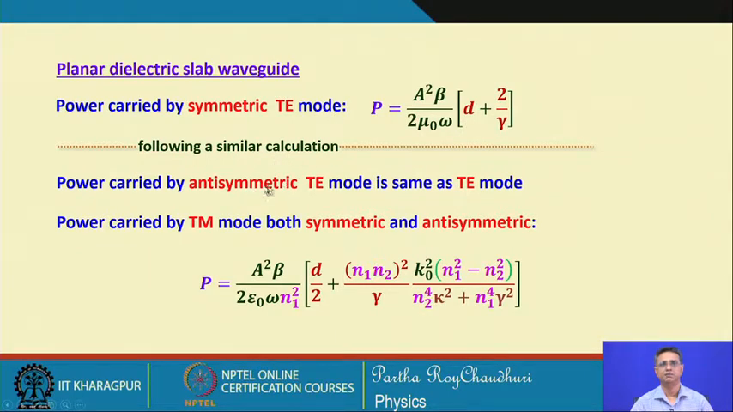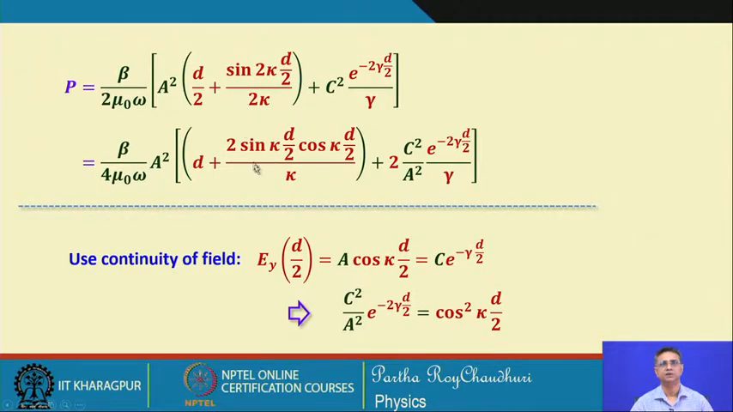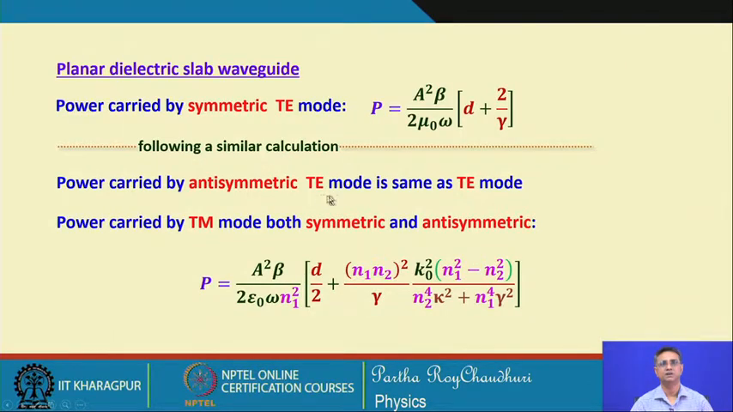by the antisymmetric mode, because in that case, in place of the cosine function, we can use the sine function to represent the antisymmetric mode. The derivative of that will be cosine, and again it will be only the z component of power, and this will turn out to be the same as the symmetric TE mode, the same value we will have. Now, this power carried by symmetric and antisymmetric modes